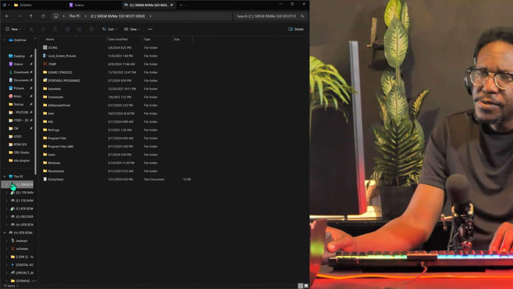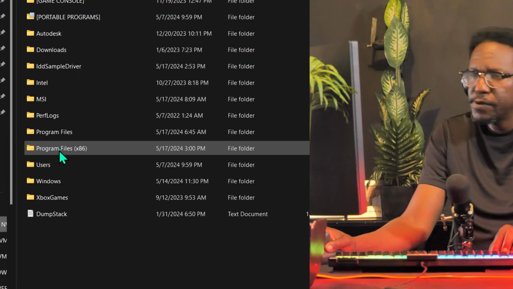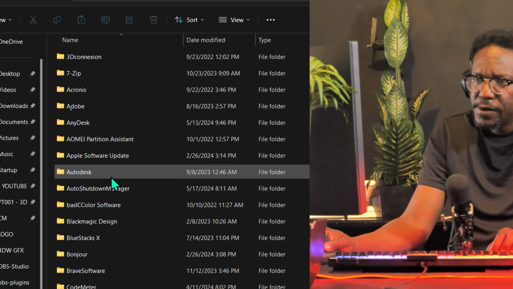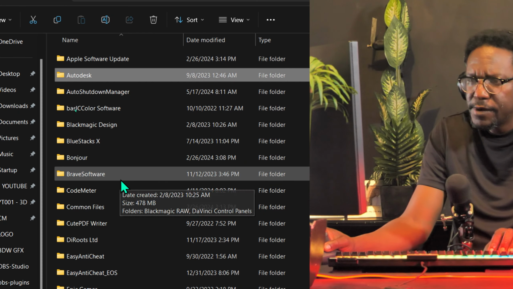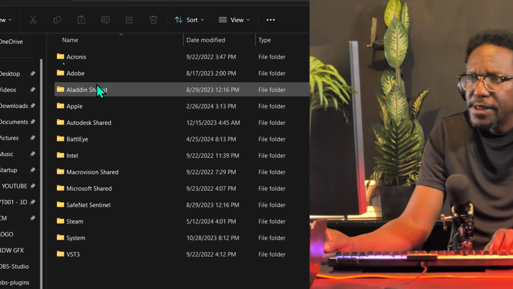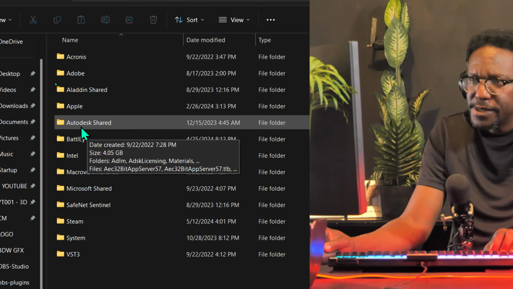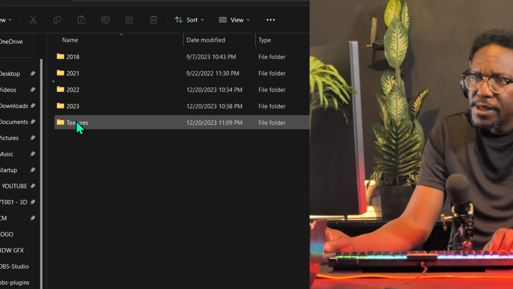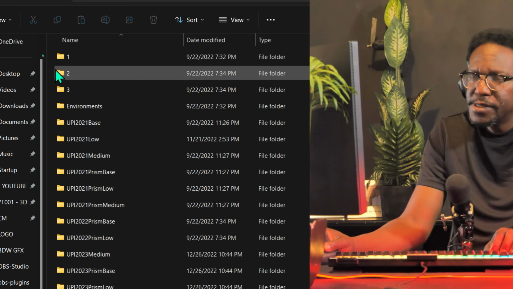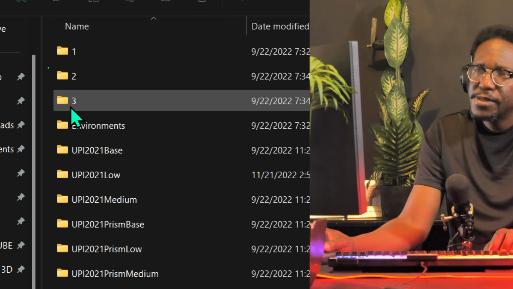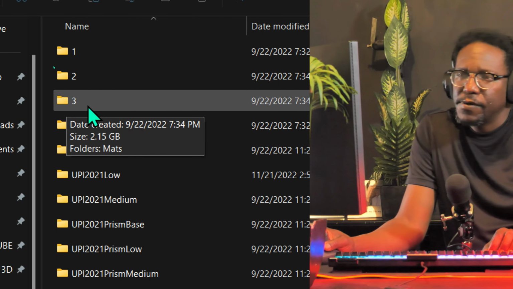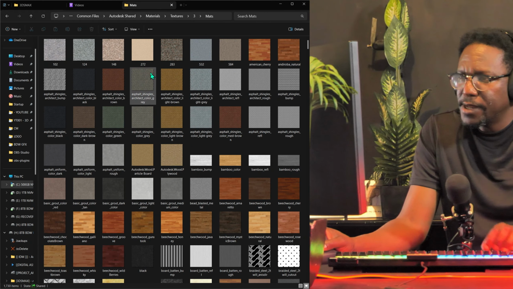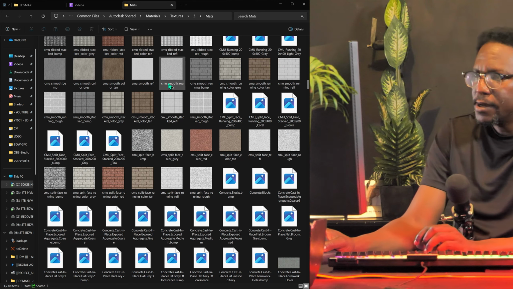Now, when you go to your C drive, you're going to go to Program Files x86. You're going to look for Autodesk, or you're going to look for Common. There we go. Then we're going to look for Autodesk Shared. Then we're going to go over to Materials and then Textures. And you're going to see these 3 folders, 1, 2, 3. These are the quality settings. So you're going to look for 3, go into the Mats folder, and then voila, you have a host of